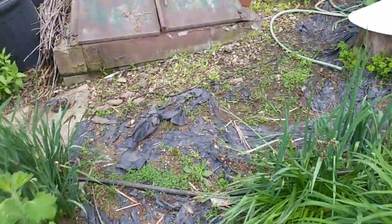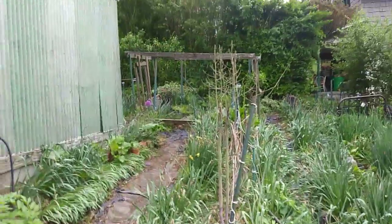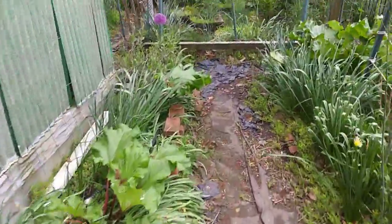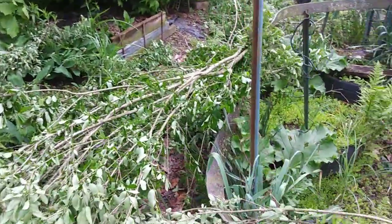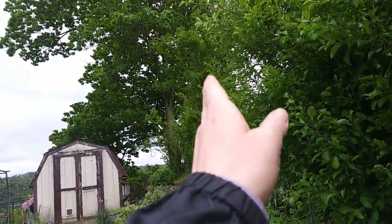And then the rest of it here, we got the lovage, and we got Jerusalem artichoke, and you see how tall that hedge is? With all that wood that comes off of it, if I had a rocket mass heater, it would not be a problem. These Chinese privet hedges, they produce a lot of wood every year. So I have to do this at least every year to this extent. My neighbors don't trim them at all, and they tend to droop in my direction just because of the prevailing winds, and they get more sun in this direction. So every year I try and straighten the edge up on my side,